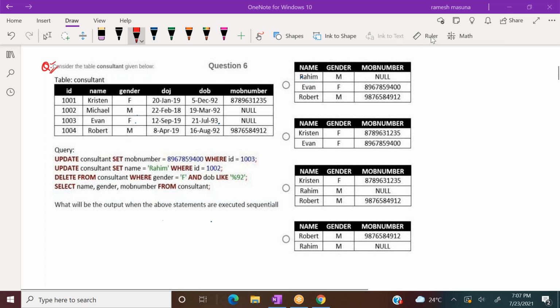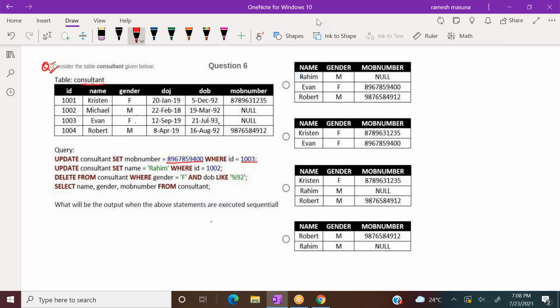Look at what the question is. Consider the consultant table given below. This is a table along with the data. Update consultant, set mobile number equal to this mobile number where ID equal to 1003.